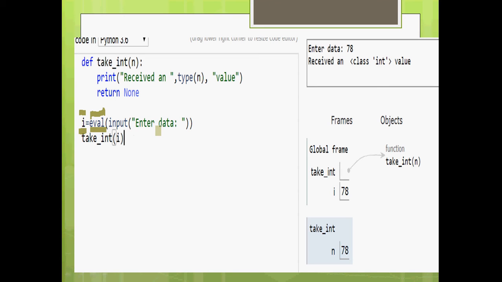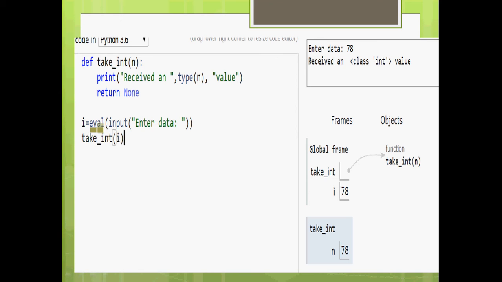If I want to enter an integer, definitely it is possible. If I want to enter a list or a dictionary or a tuple, it is possible. So this is a kind of general code. It will be very useful. You'll get a small explanation of the eval function also here. Very interesting function it is.